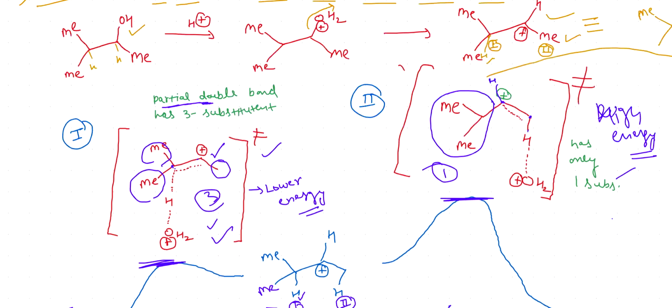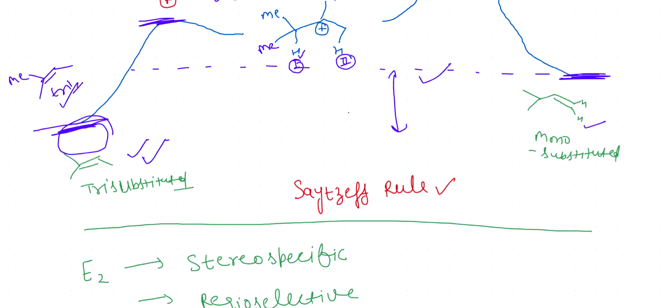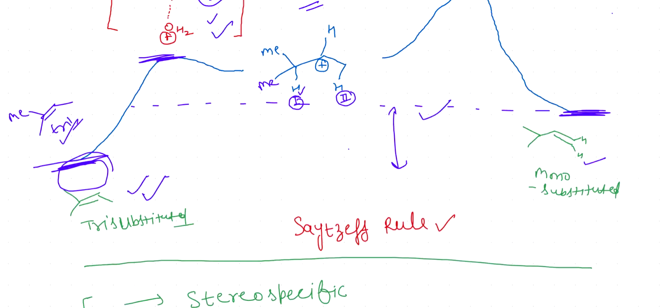So this is the case of E1, which forms trans and highly substituted product. The highly substituted product, this is the rule according to Saytzeff. There is a scientist who has given this rule and explained the theory behind this, why highly substituted products get formed here. So we have discussed, in case of E1 elimination reactions, what will be the stereochemistry of the product,